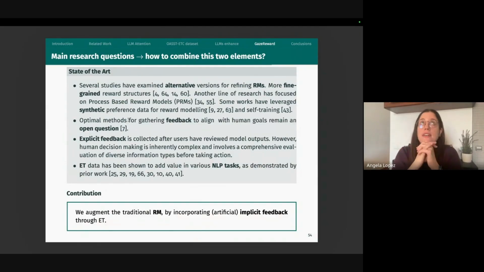So as I was explaining, the state of the art when we started this is that eye tracking has proved to be useful in other NLP tasks. And there is also this open question: which is the best way of actually modeling what people like? Other people were using fine-grained rewards. Other people are using these process-based reward models. There is also a lot of synthetic feedback now, like maybe using another LLM to give feedback. But in general, it's explicit feedback, like ranking it or saying whether it's useful or not, harmful or not. But in general, it's split. So we thought, okay, let's try for the first time to add this implicit feedback